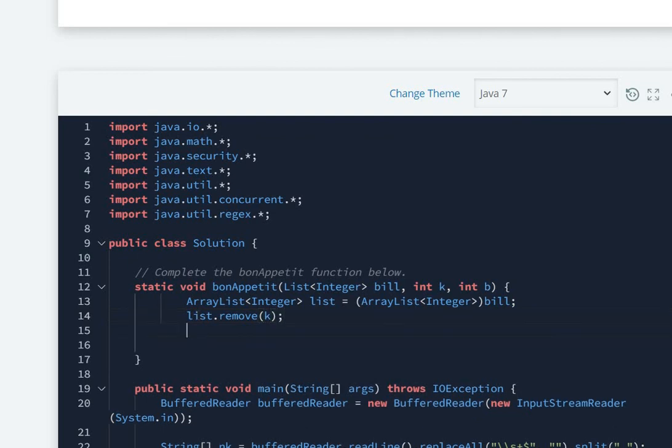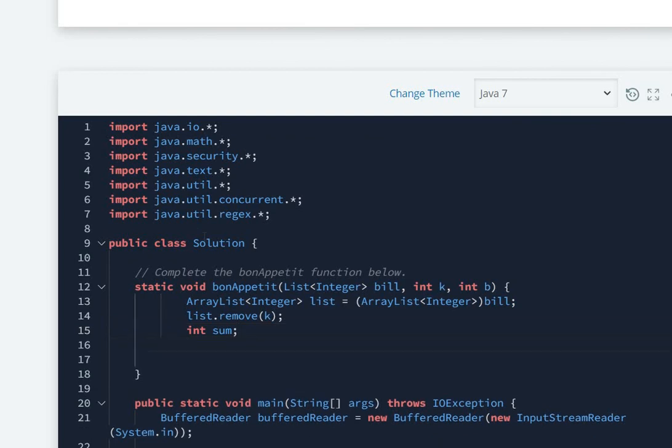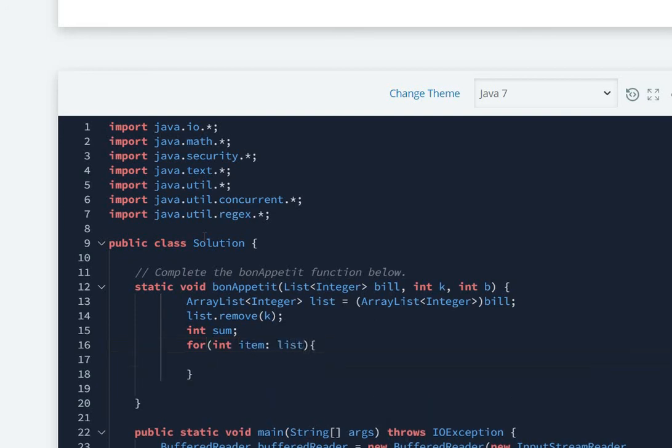Now we are going to take a variable sum in which we'll calculate the sum of all the items in that list via a for loop, a for each loop actually. int item in list, sum is equal to sum plus item, and here we have to initialize sum with 0. Now at the end